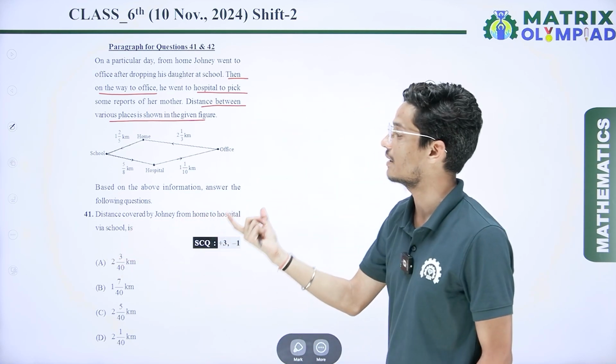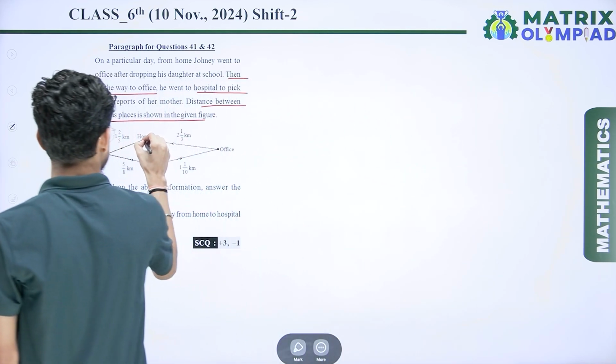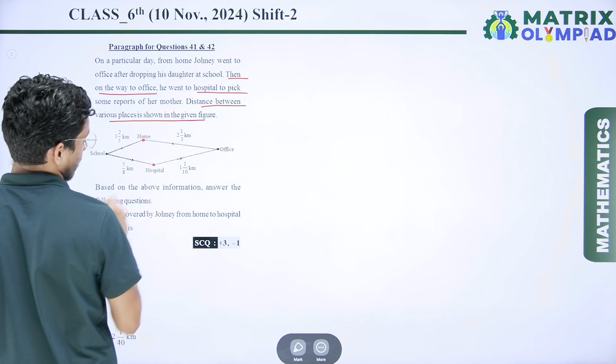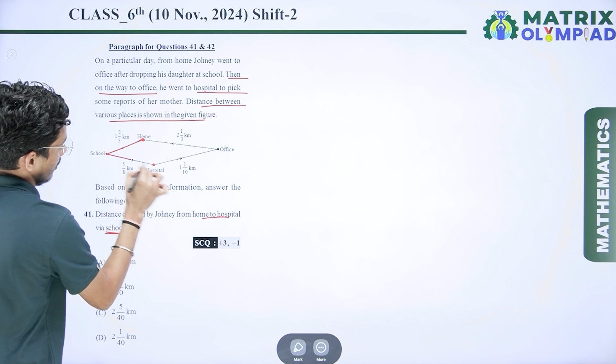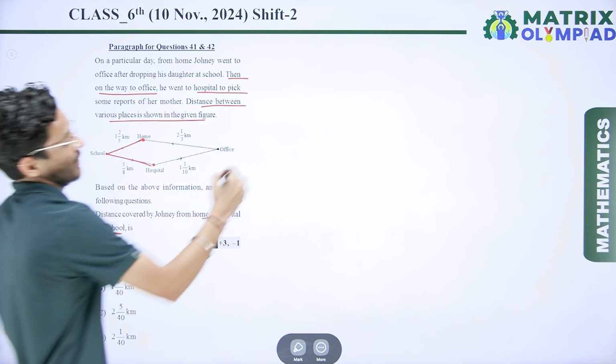Home to hospital via school. So where is home? Here. Where is hospital? Here. And we have to cover the distance via school. Where is school? Here. So we know we have to cover this distance. So we can say the distance,